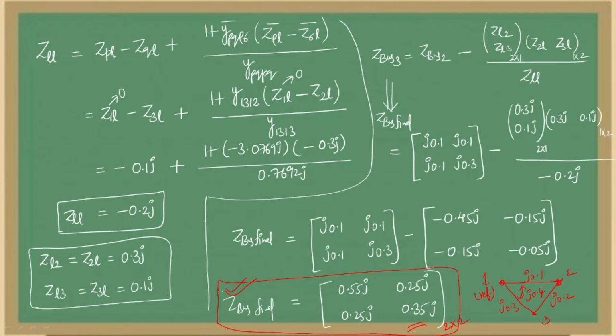Okay. In this video, we have determined the Z bus matrix using the building algorithm for the given power system network. In the next video, we will see whether we are getting the same result of Z bus matrix using the singular transformation method, which is a much simpler method when compared to this method. It is a simple method. We'll check whether we are getting the same result or not. So keep note of this result of Z bus matrix. We'll see in our next video.